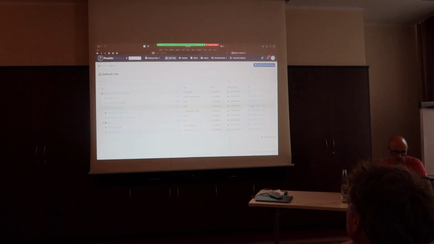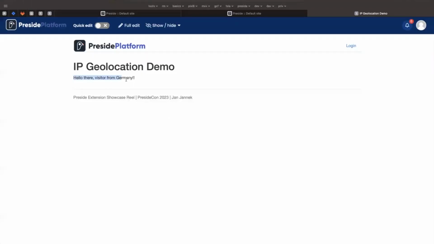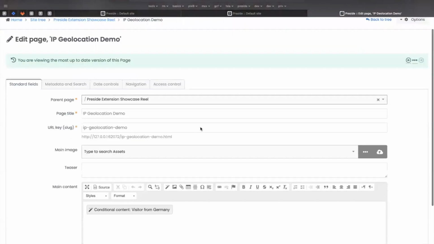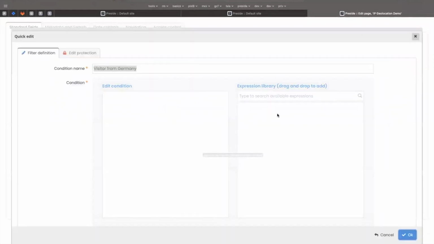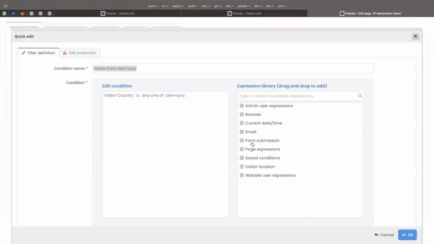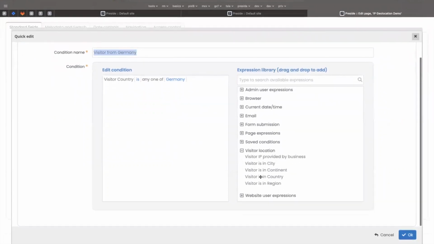First of all, basically, this is using a conditional content widget where it says, hey, you are from Germany. So having a look here, the conditional content widget is used, where you get this new set of visitor location expressions. These expressions are part of the extension, and you can do whatever, like restricting specific pages, or using it like here in